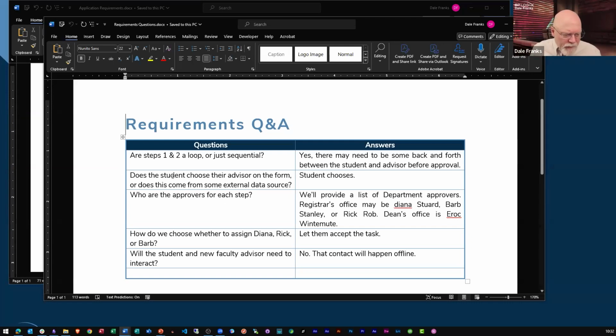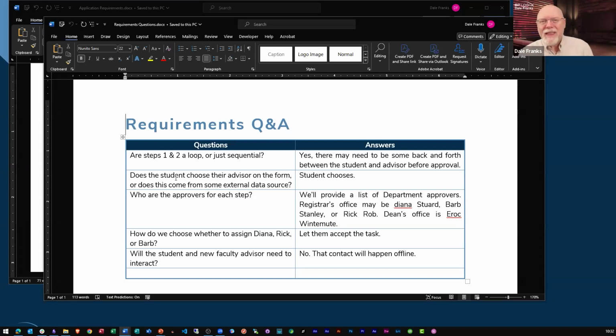Number two, how do I know who the student's advisor is? Is the student going to pick their advisor off of a user picker on the form? Am I going to look up the student in some sort of external database and simply return who their faculty advisor is and make a task assignment by grabbing them out of the database?